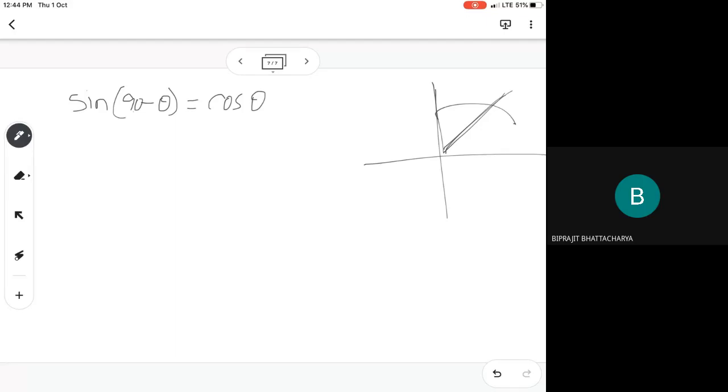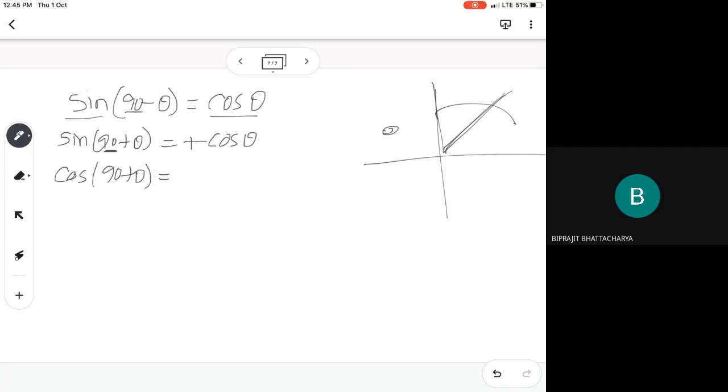Sir, how do you get cos? So do remember, one trick is there. Whenever you have 90 or 270, the sine will change to cos, not cosec. Suppose I am taking sin of 90 plus theta. Where is 90 plus theta? It is in the second quadrant. In the second quadrant sin is positive, so positive you are going to get, and as you have 90 here, it is going to become cos theta. Suppose a question is asking you cos of 90 plus theta.